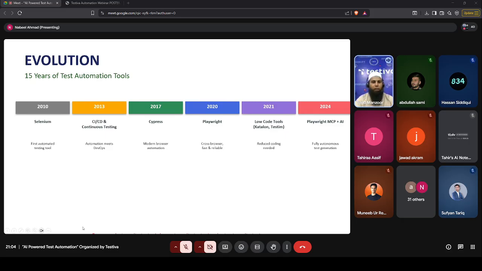Okay, so this is a brief evolution of automation tools. I started my career in 2010 as a software test engineer, and at that time it was mostly manual testing. Automation testing was just starting, and we had a couple of automation tools. Mainly Selenium was the majorly used test automation tool, and then we had another one, HP QTP, which was a paid tool. Those were a couple of tools being used at that time.